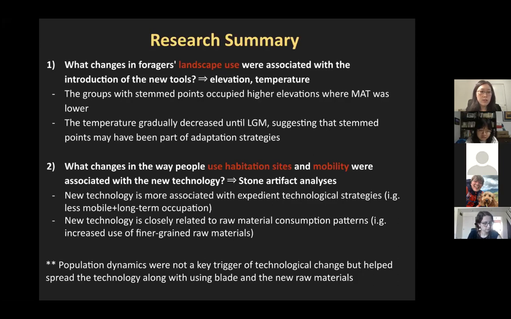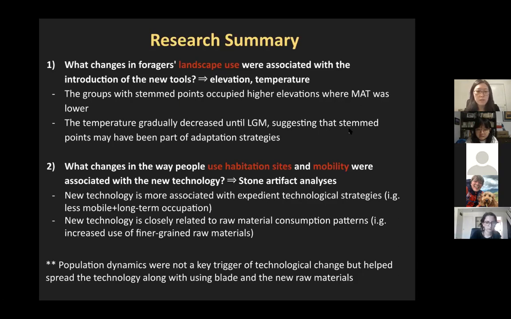And a second question: what changes in the way people used habitation sites and mobility were associated with the new technology? I used an artifact analysis for that, and the new technology is more associated with an expedient technological strategy, which is less mobile and long-term occupation, using the artifact density and retouch ratio.